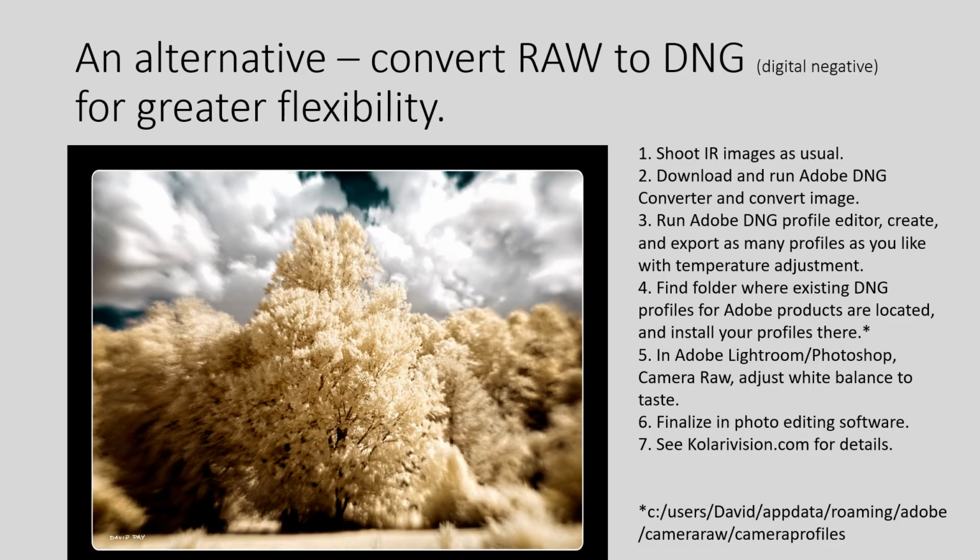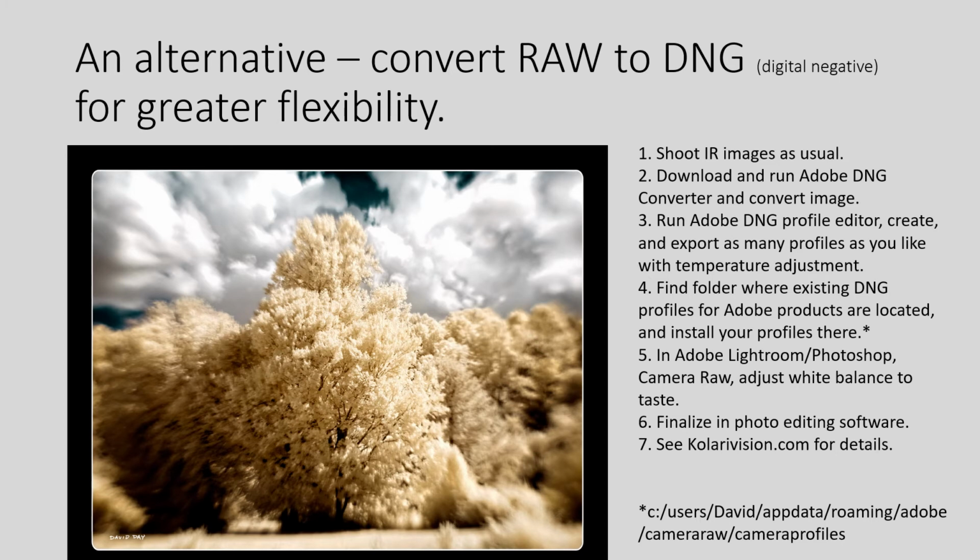There is another alternative process for producing infrared photographs that tend to turn leaves and other foliage gold instead of white. The process will give very good control over final tonality of the image. It involves turning raw images into DNG or digital negative files, which were popular in the early days of digital photography. To make a DNG infrared image, you will need to obtain a free copy of Adobe's DNG Profile Editor and create a DNG infrared profile that you can use over and over again to convert raw images into the